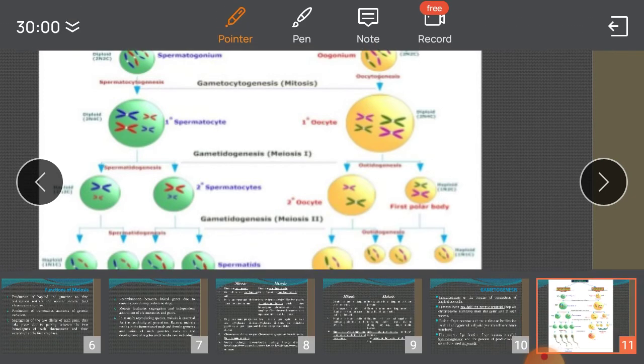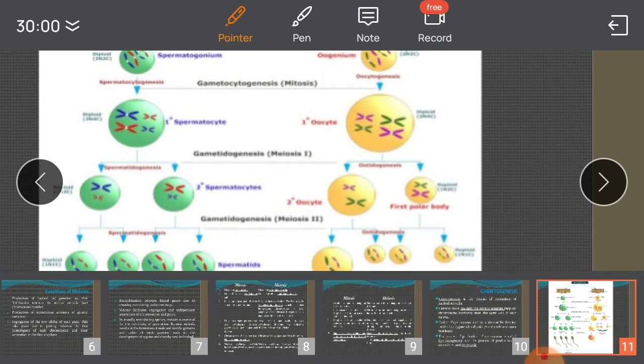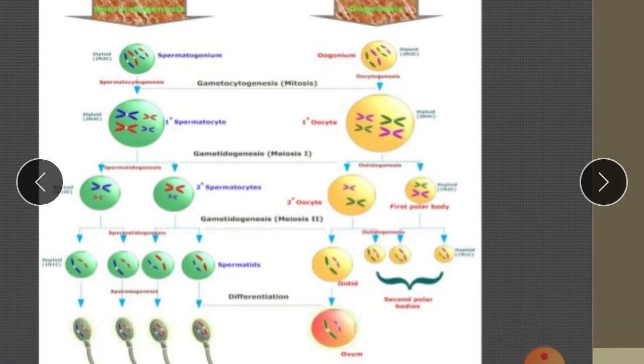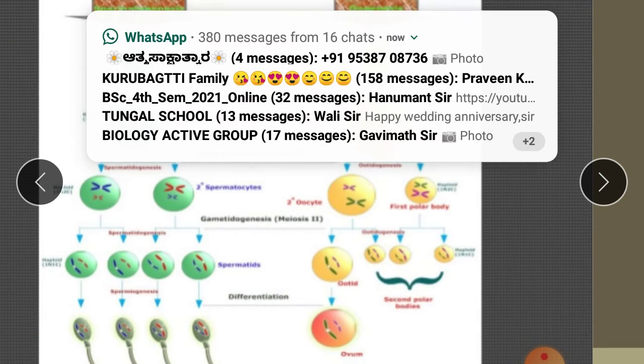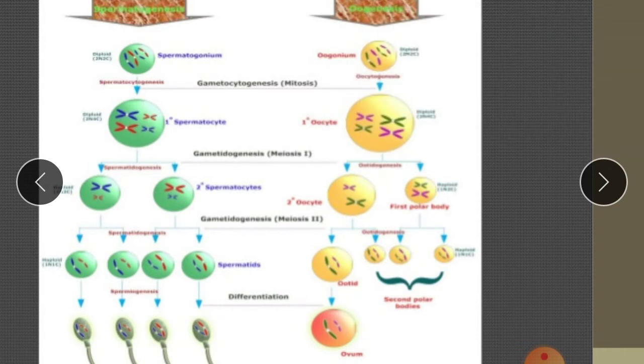Oogenesis: the oogonium becomes larger in size during the growth period, and this is called the primary oocyte. The primary oocyte undergoes the first meiotic division to produce 2 unequal sized cells. One is larger, another is smaller. The smaller one is called the polar body, the first polar body. The larger one is called the secondary oocyte, and the secondary oocyte undergoes the second meiotic division to produce one oocyte and a second polar